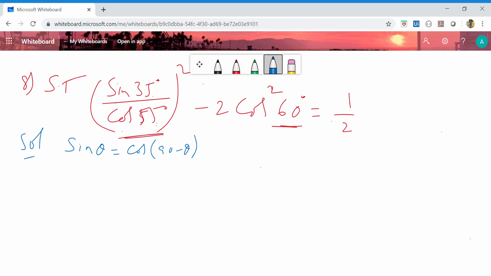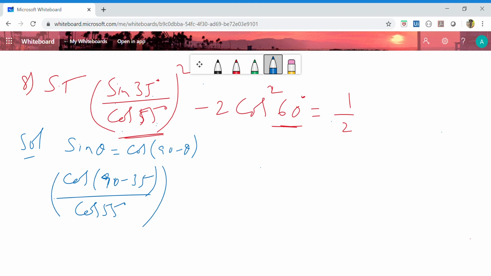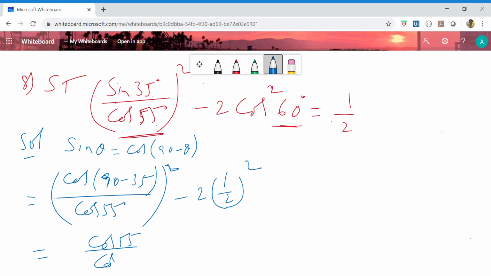So sine 35 becomes cos of 90 minus 35. Cos of 90 minus 35 by cos 55 whole square minus 2 cos square 60. Cos 60 is 1 by 2, so 1 by 2 whole square. So that is equal to cos 90 minus 35 becomes cos 55 by cos 55 whole square minus 2 into